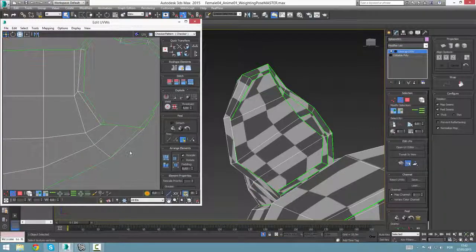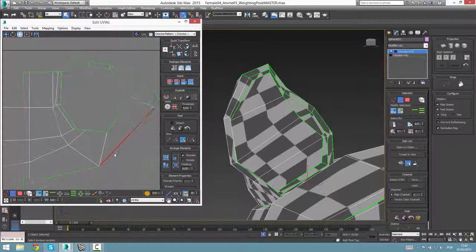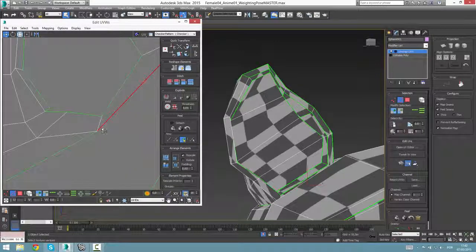Because look at this. If I do it like this, it starts stretching here. This is not good. This is stretching, because this piece is not overlapping correctly. This is becoming too big, and see this problem here. So what you would need to do here is understand this. This means you would have to break this piece to make it look good. You have to break this piece and make it